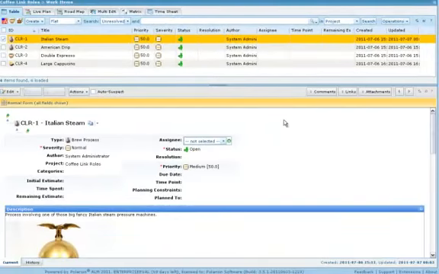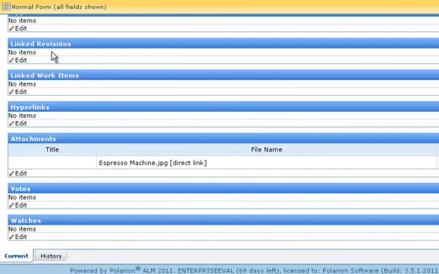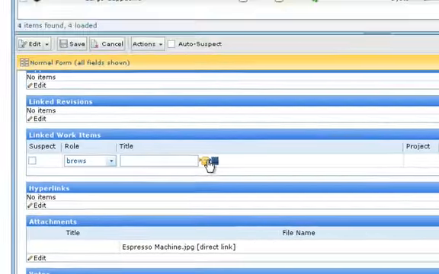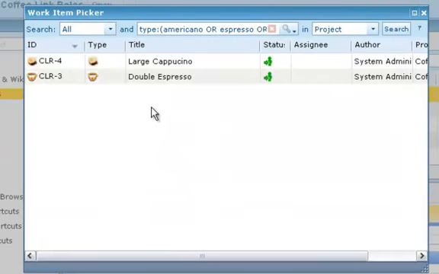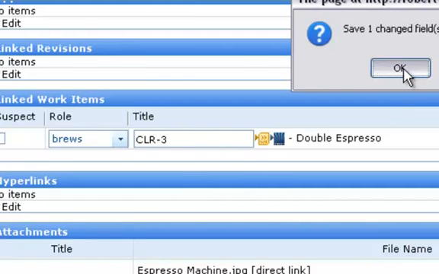Here's the work items topic in my project with a few items already created. Here's a brew process item titled Italian Steam. Let's create a link to an espresso type item. Notice my only options are the 2 link roles allowed by the link role rules configuration we just saw. The rule didn't include the relates to link role, so there's no way I can select that invalid link role. So I'll save this item, and now I've created a link in this brew process type that says it brews